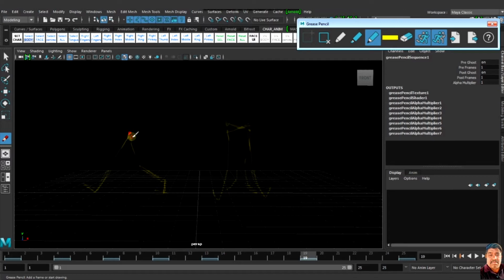Here is the passing pose, same as 7. Now the weight is on this leg, and now it is passing.